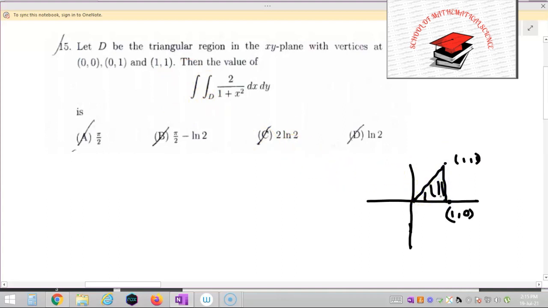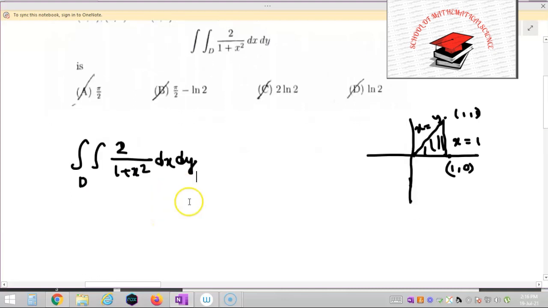So first of all, we know that the equation of this line is x equal to 1. The equation of this line is x is equal to y. Okay, so I need to integrate this. So I am going to integrate 2 by 1 plus x square dx dy. So first of all, observe that